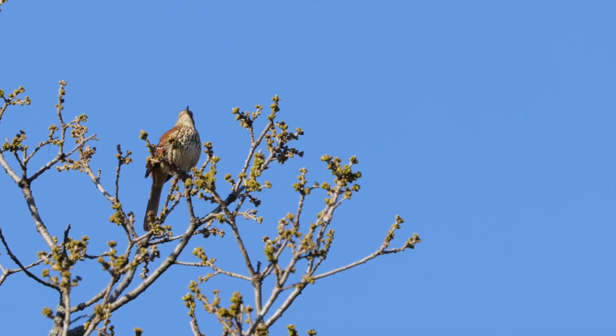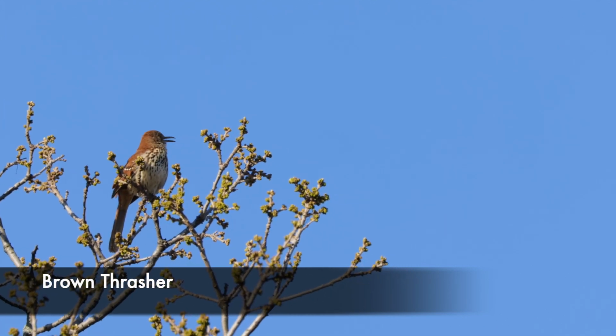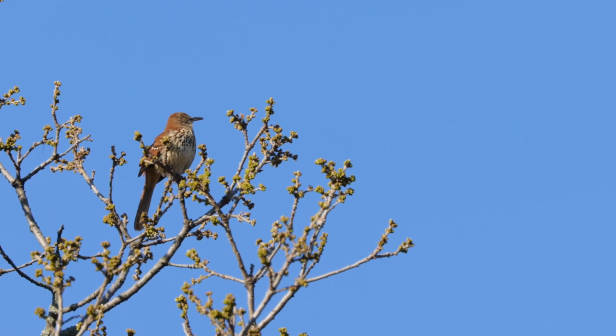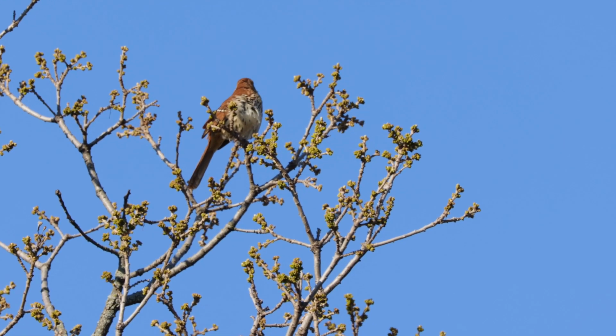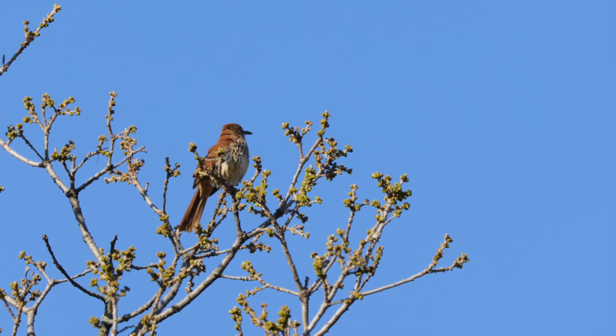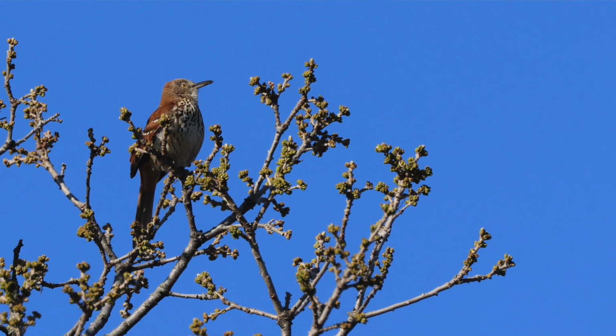Listen closely, you'll hear kind of loud. Here, that bird right there. So that's a brown thrasher. And they have a very unique, strong, loud call. I don't know if melodic is right, but just a really colorful call. Do you see what I mean? Loud, unique. It seems like it goes on and on and on. It's just a unique